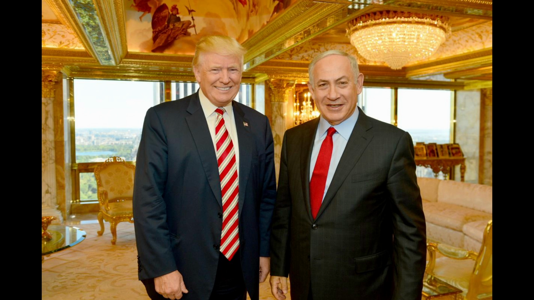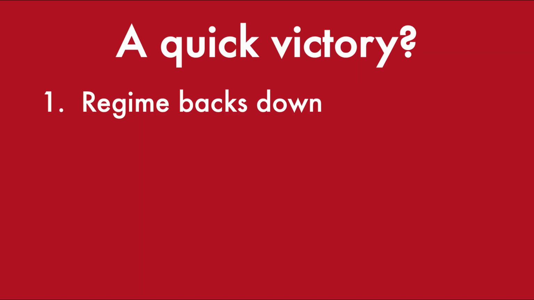Despite all these warnings, somehow Israel's Bibi Netanyahu convinced Trump in February that Iran was just weeks away from a nuclear weapon, and to start a joint war against Iran. It's pretty clear that Trump was hoping for a quick victory. Perhaps he believed that their regime would back down after their leaders were assassinated and faced relentless bombing.